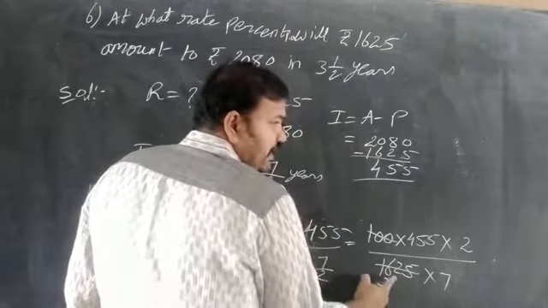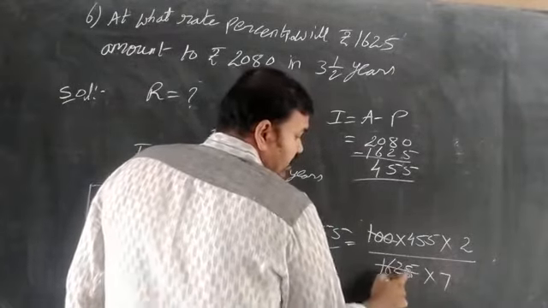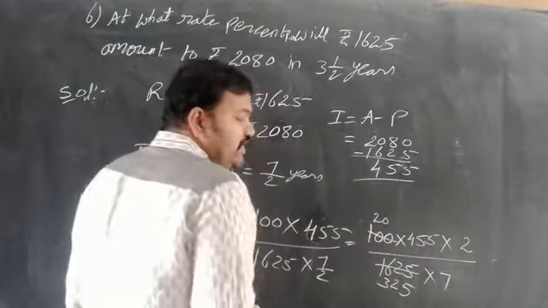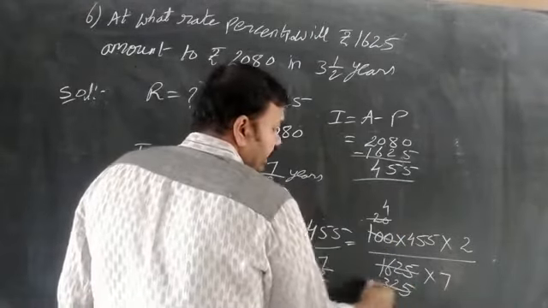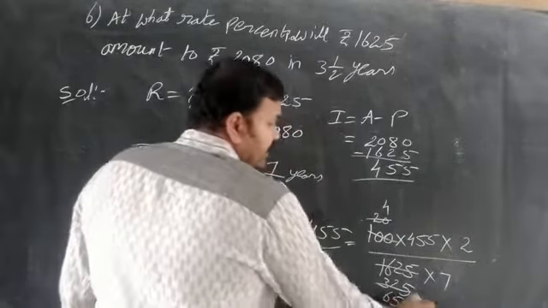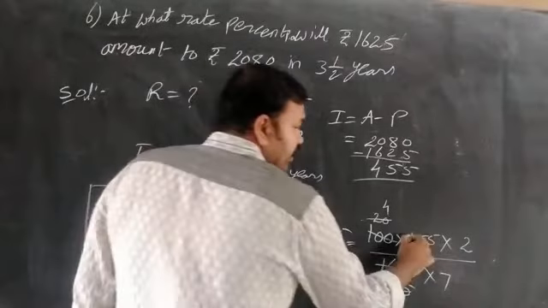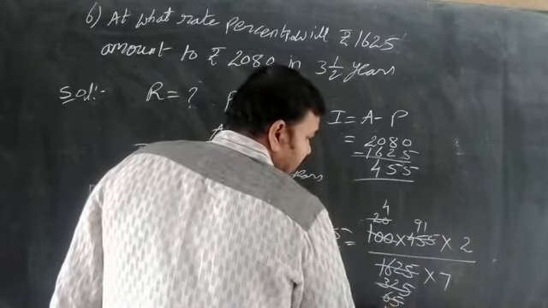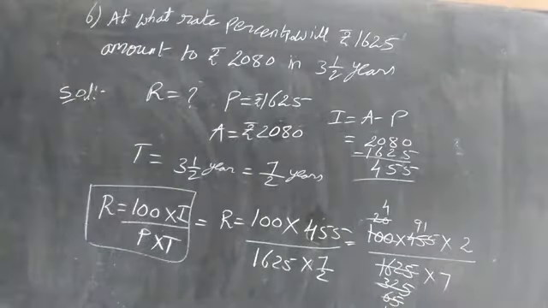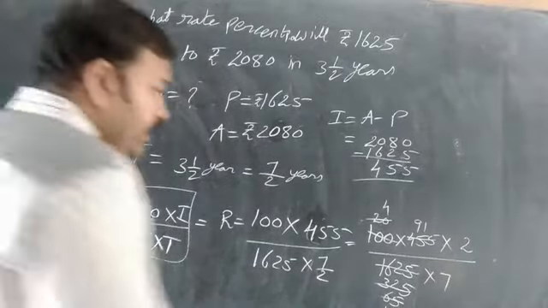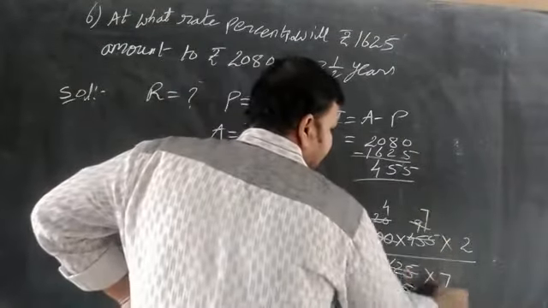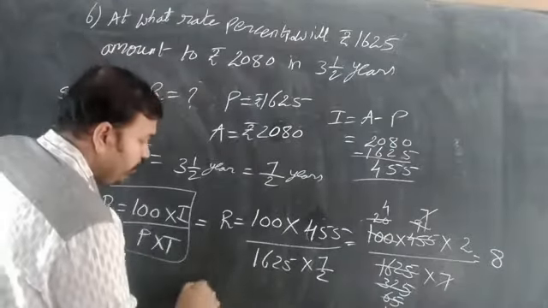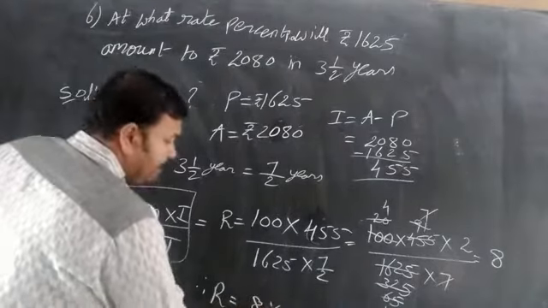5 3s are 15, 2 times, 5 times. 100 is 20 times. Again cancellation in 5 table. 5 4s are 20, 65. Again cancellation in 5 table. This is 455. 9 5s are 45, 1 time, and here is 13 times. Again, here 13 table 1 time, 7 times. 7 7s cancelled, which is equal to 4 2s are 8. Therefore, rate is equal to 8% for this sum.